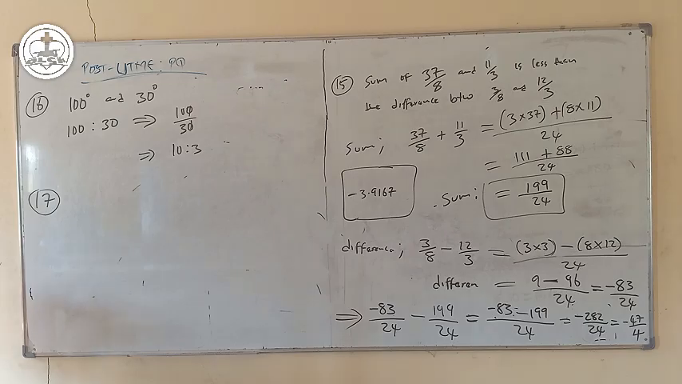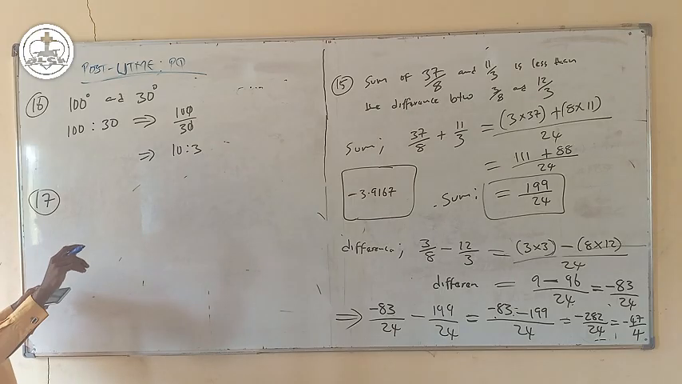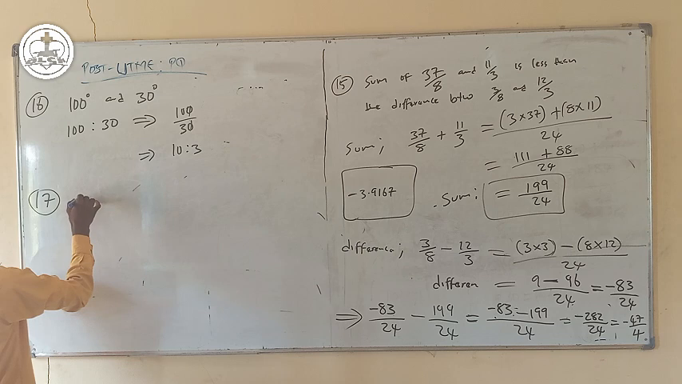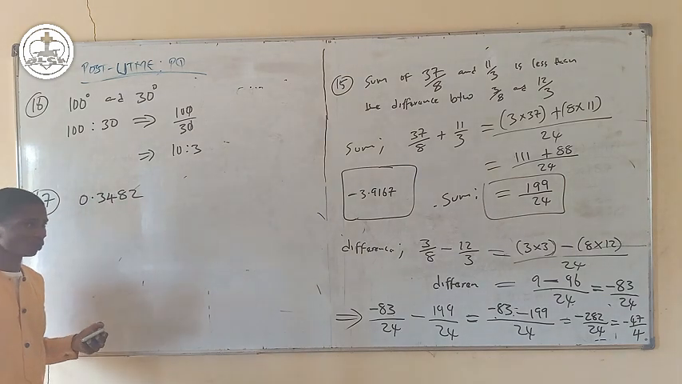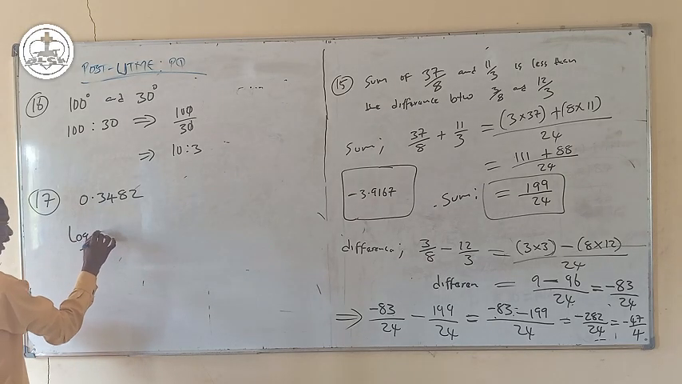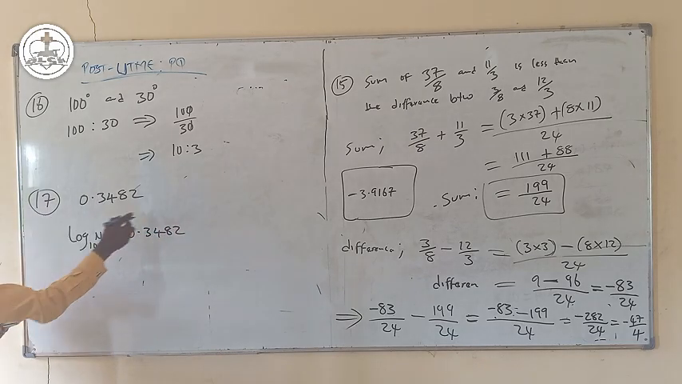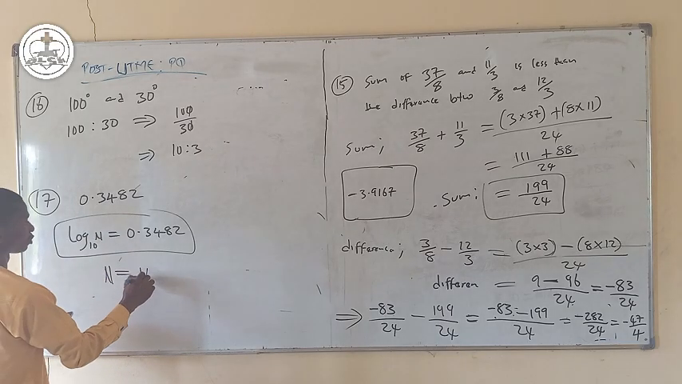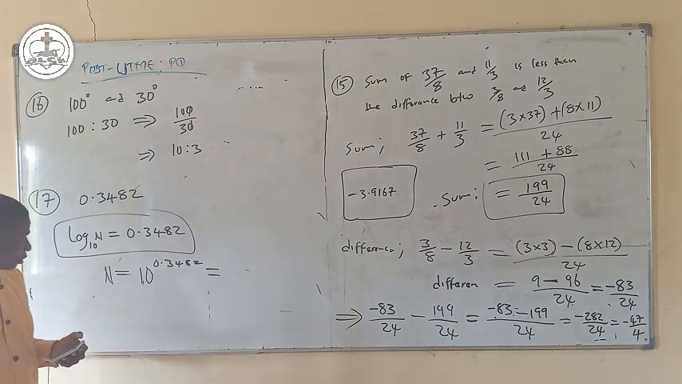What is the number whose logarithm to base 10 is 0.3482? They are asking us what is the number whose logarithm to base 10 is this. So that is log to base 10 of n should give us 0.3482. So how can we resolve this? This is our n. To find our n, n will be equal to what? 10 to the power of 0.3482. And if we punch our calculator,